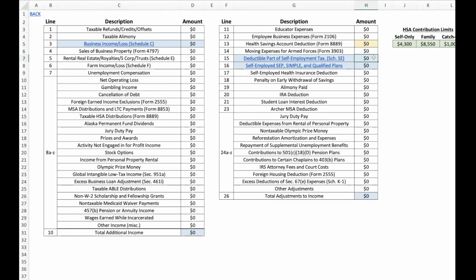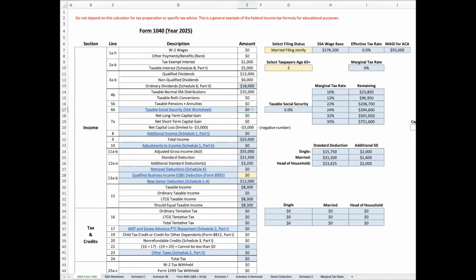Also, the deductible half of self-employment tax, self-employed retirement plan contributions, the self-employed health insurance deduction, and deductible traditional IRA contributions. The couple in this example does not have access to those, but I'll share another scenario after this. Back to the Form 1040, now we can return to that line 6B to determine the taxable portion of Social